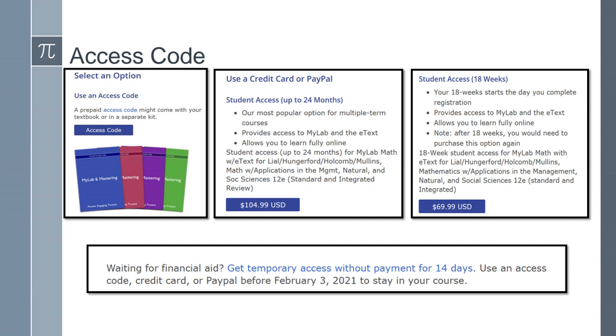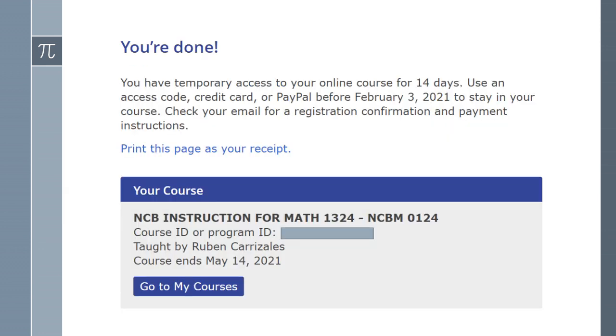You click on it, and again you'll search for the Barnes and Noble link, click on it, and then that class will reveal your access code. Then you'll follow the same steps. You copy it, and then you will paste it on your access code button here on WebAssign. So once you've done that, again, voila, you are done. You have registered for it. You don't have temporary access that you've paid for; it's going to continue for the semester.